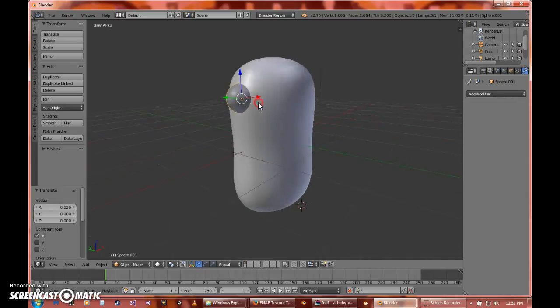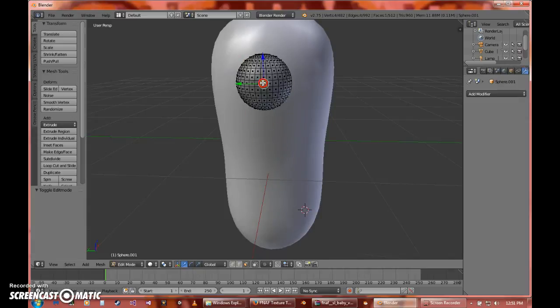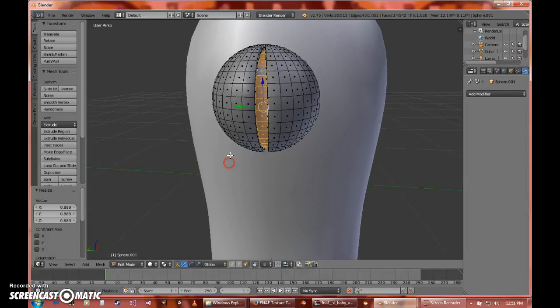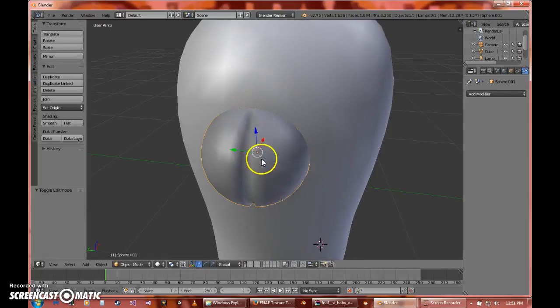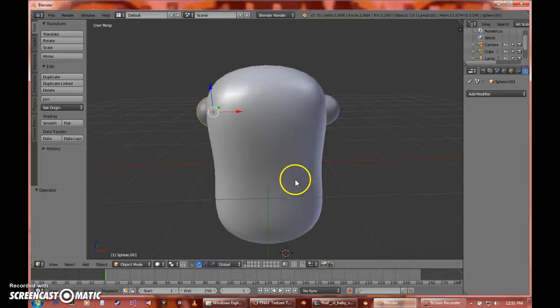Okay, so now we have a body with the 2 joints. Now I will maybe do a separate tutorial on how, if you go Alt and then shrink it in, you can make that little crease for the joint that animatronics and robots have. Actually, I'm not really sure. I'm going to leave it for now. But anyway,